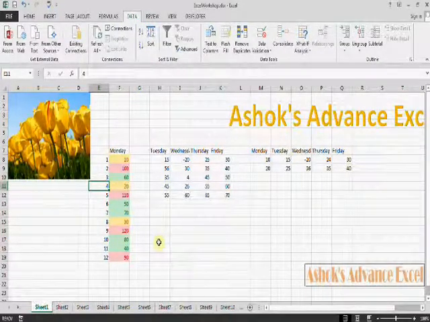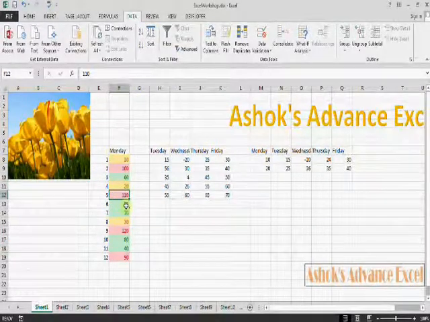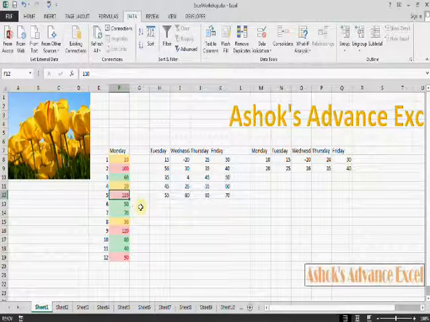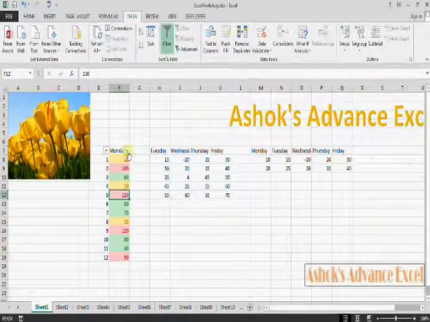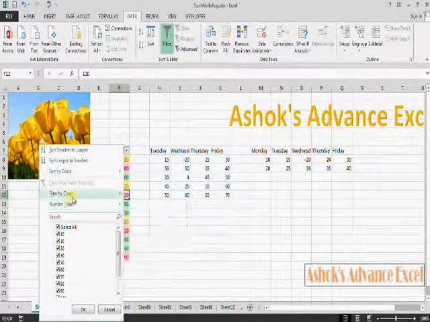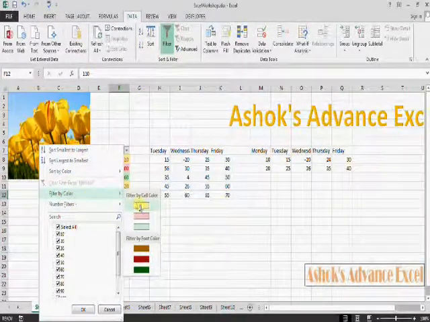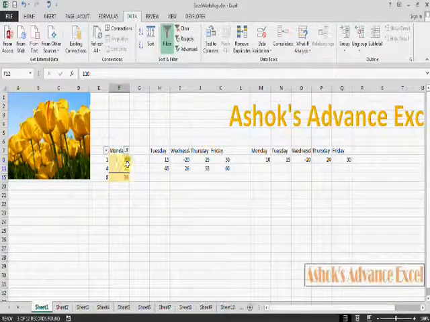Now click on Monday, click on this cell, apply filter, and in the drop down just select filter by color and select the first one. Now you can see yellow cells are selected.